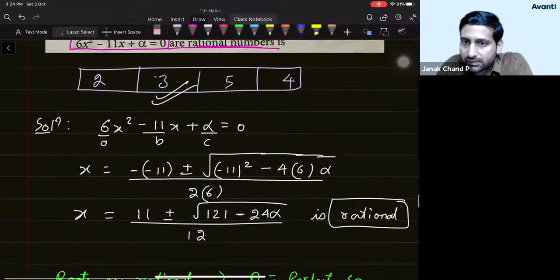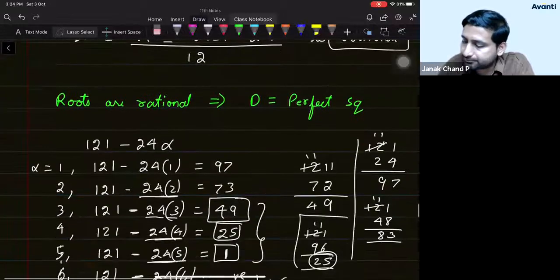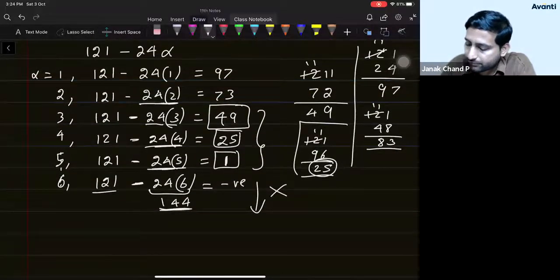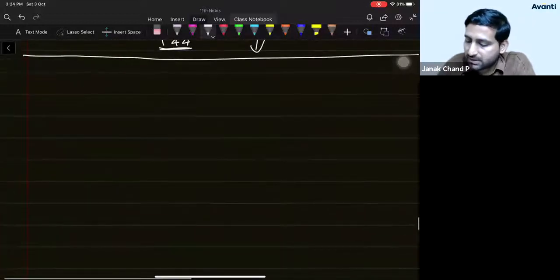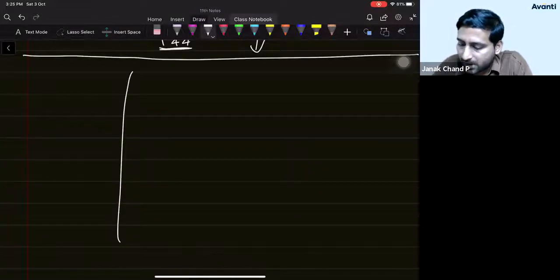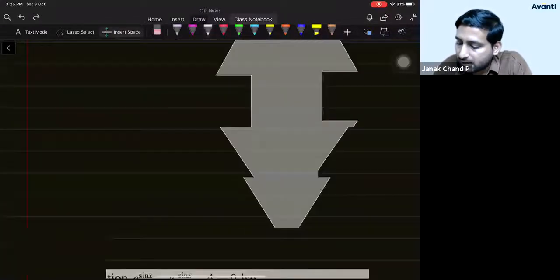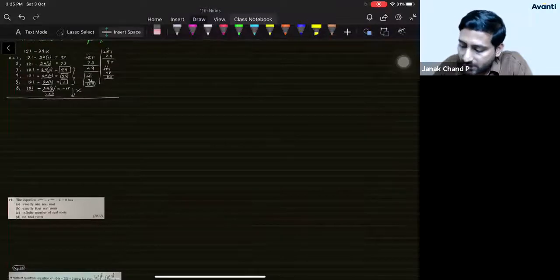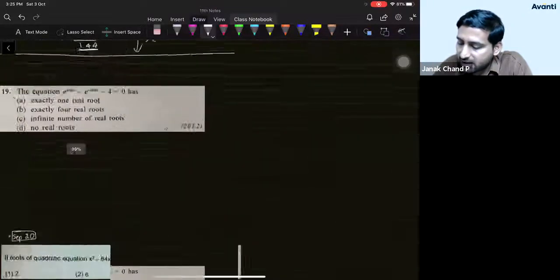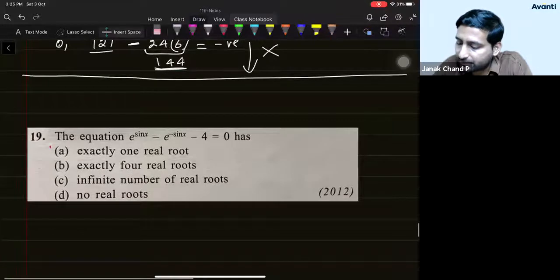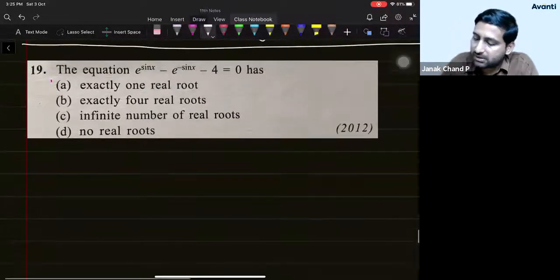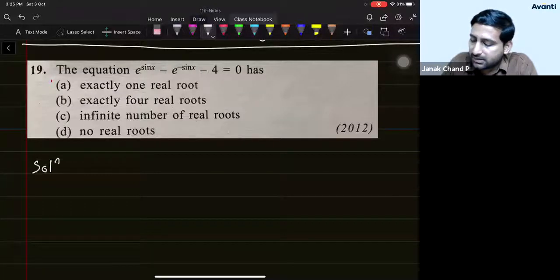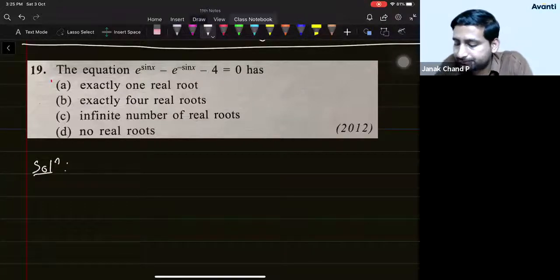Okay, fine, students. I hope that everyone understood this. Let us go to the next question. The next one is also a very interesting question, and also very important from your examination point of view, for the final JEE Mains and JEE Advanced examinations. This is a 2012 question, a very nice question. So just look at this, think about it, and try to solve this.